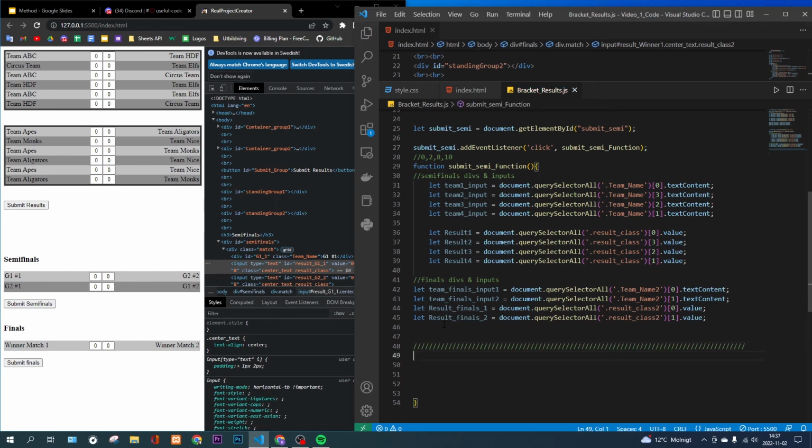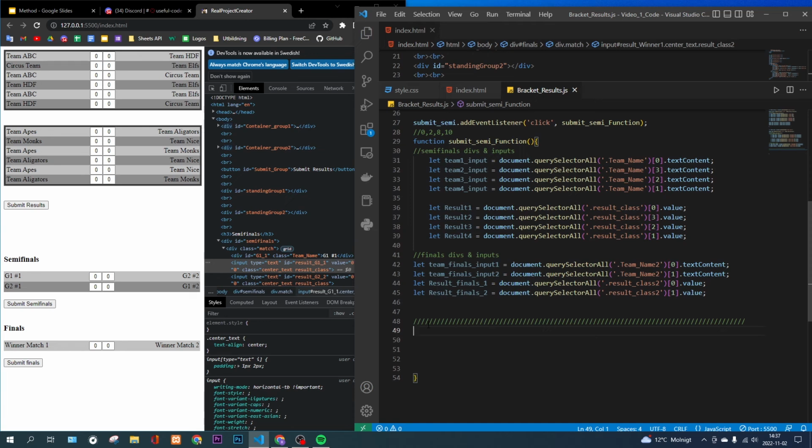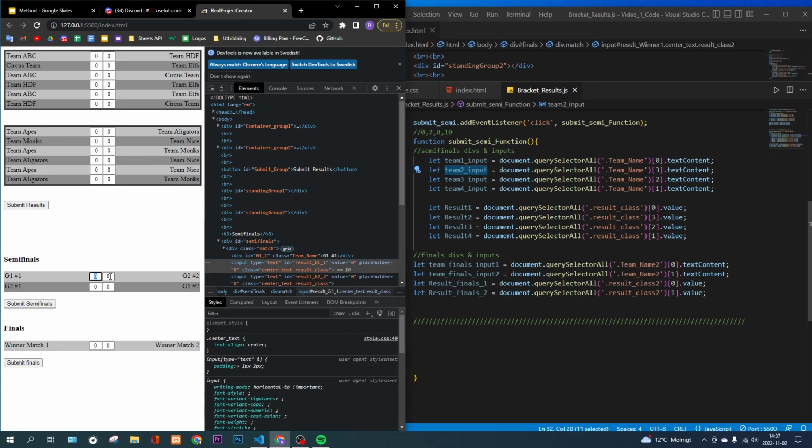At least with the hard part, or the hardest part, which is not even hard. Basically, if this value is greater than this value, then by simple logic this person should be winning. We're not going to complicate more than that. And if they are tied, then we do not want to do anything,